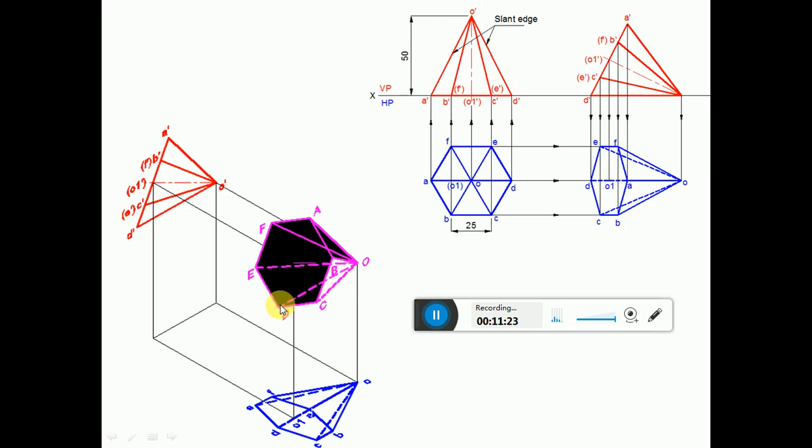So that is also quite evident here. OD becomes invisible. That is basically because when you look from the top view, this hexagonal surface and OA are visible. So naturally that is hidden by the edge. But OA and OD are on the same plane. So till OA it will be visible. Then for the other remaining distance you make it an invisible edge. Now since ABCDEF is visible, since O1 is on that surface, naturally O1 will be visible.